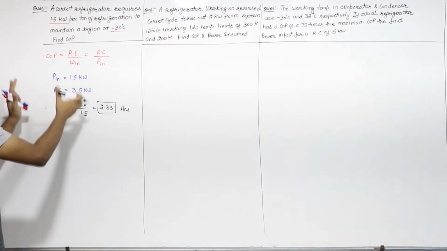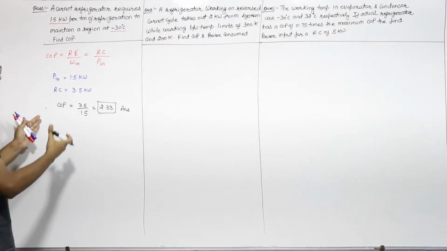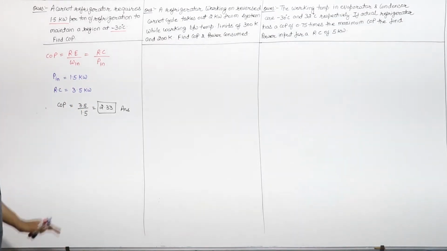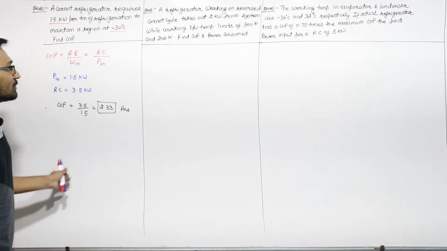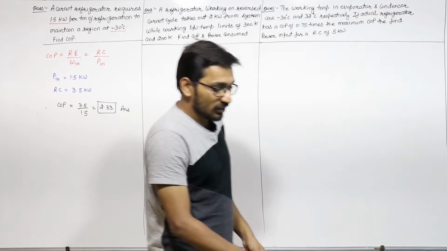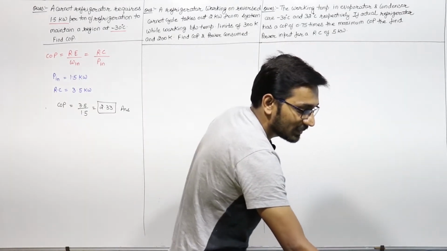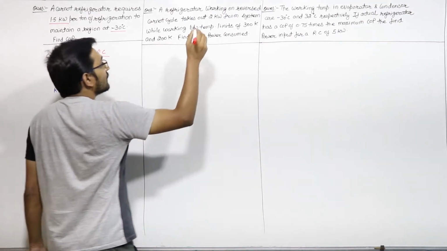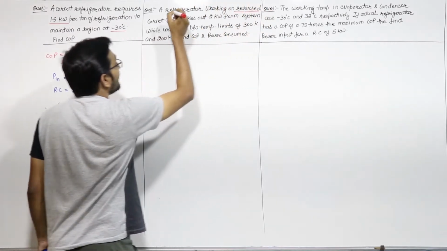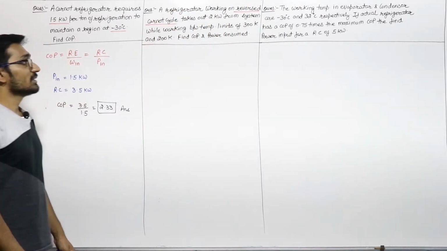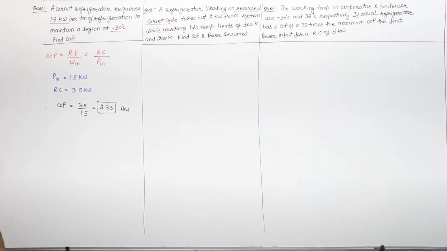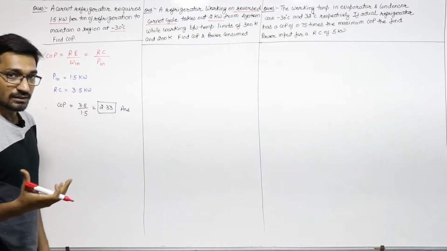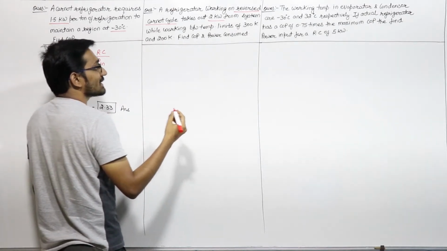This is a very basic question. We can directly put our values into the equation, that is COP is equal to refrigeration capacity divided by power input. Next, move towards the second question. The statement is, a refrigerator which is working on the reversed Carnot cycle, that is the ideal cycle for refrigeration, takes out 2 kilowatt of heat from the system.